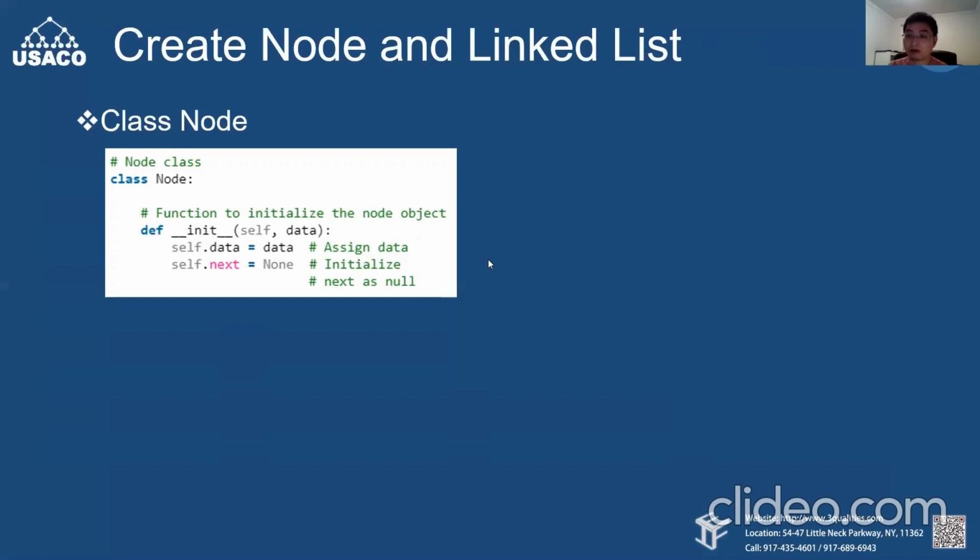Okay, so now we said a linked list consists of nodes, right? So let's take a look at the node class. Here we're in class, right? We have learned class before. Okay, so node,